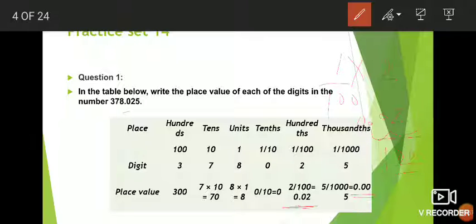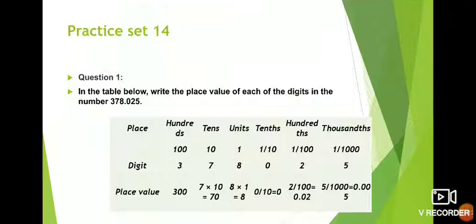And here also the same thing, 0.005, because 5 upon 1000 is there. 5 upon 1000 means here 3 zeros are there, so 3 digits we have to take from the right hand side to the left hand side. Okay, now